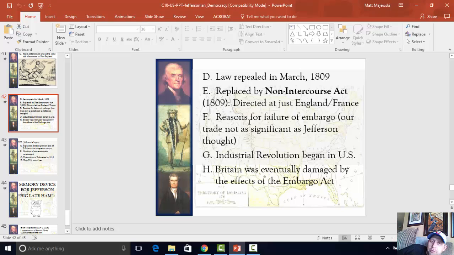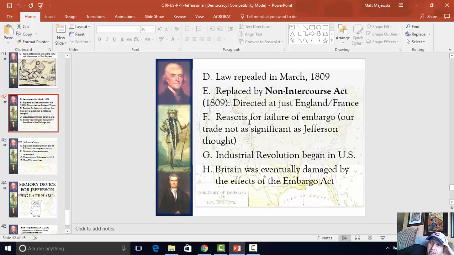More importantly, our economy was dependent on trade with Britain and France, and so when we intentionally decided to no longer export goods, that meant that we lost $100 million in revenue, right? And that means factories have to cut jobs, have to fire people, factories close down, shippers and merchants have to shut down. We had these stockpiles of goods just stocking up on our docks, right, which is decreasing the value of all of our products. And so by our own decision, our own actions, we sunk ourselves into a depression.